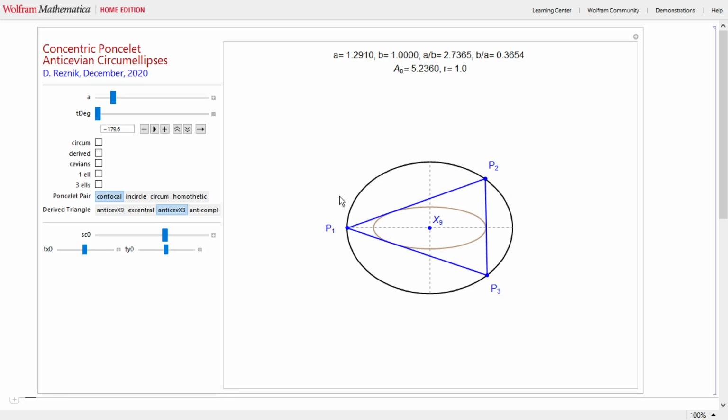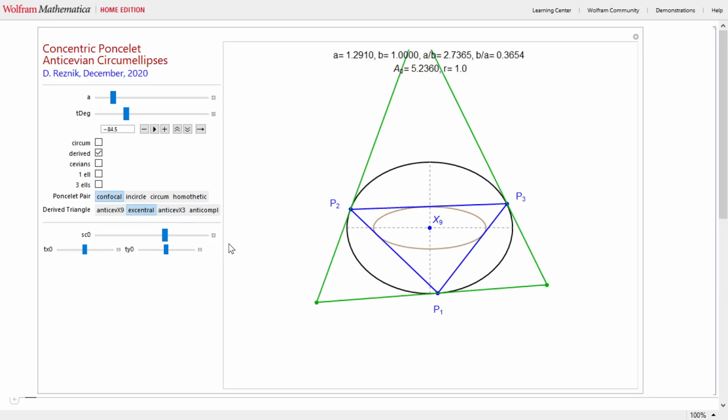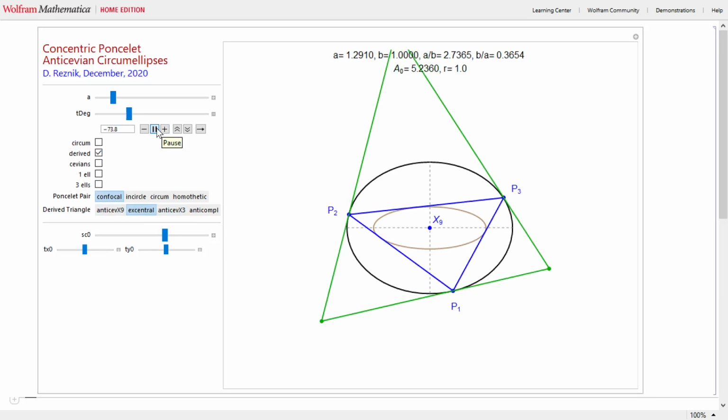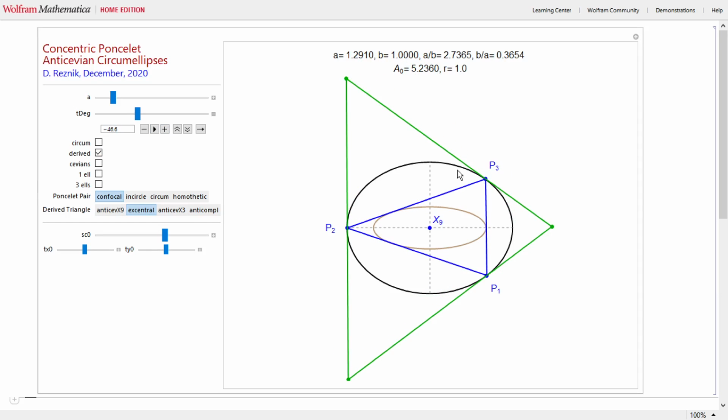What is the triangle center of this family which is stationary over the family? It's the Mittelpunkt x9. There it is. Let's draw the eccentric triangle to this family. There's the eccentric triangle. It actually has a nice property that this is the only pair where the sides of the eccentric triangle are actually tangent to